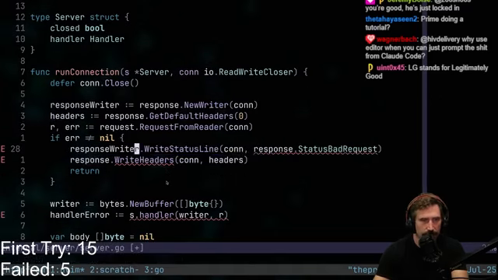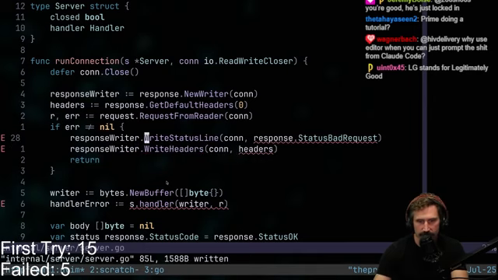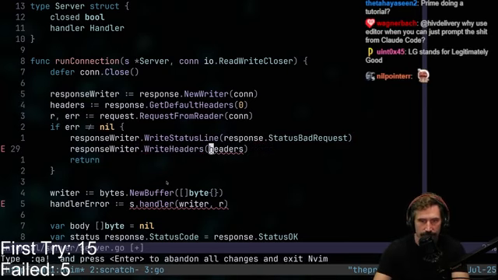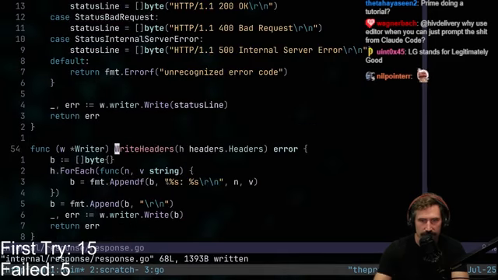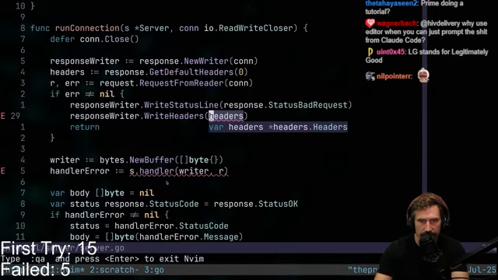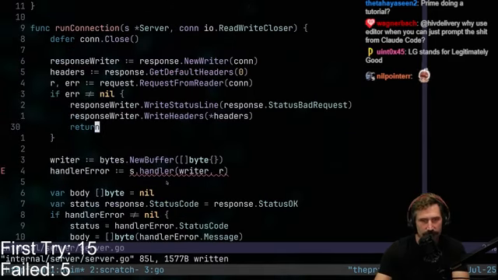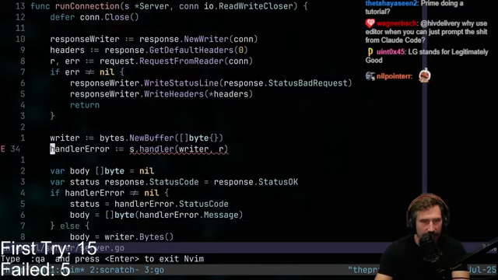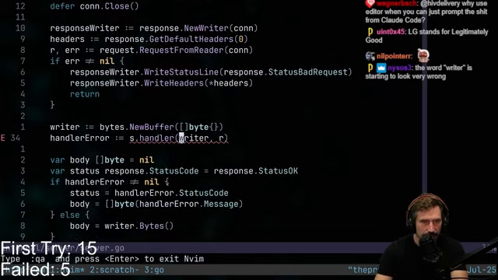And so I'll go writer. And there we go. So we can write in those things if we want to. We can write in, say, our status line. We don't need a connection anymore, right? Because we already have these things right here. We can write the headers, which is going to be this, which is going to be this. One is that. Okay, we're going to have to do that. That's fine. All right, so we're going to have a new handler right here,